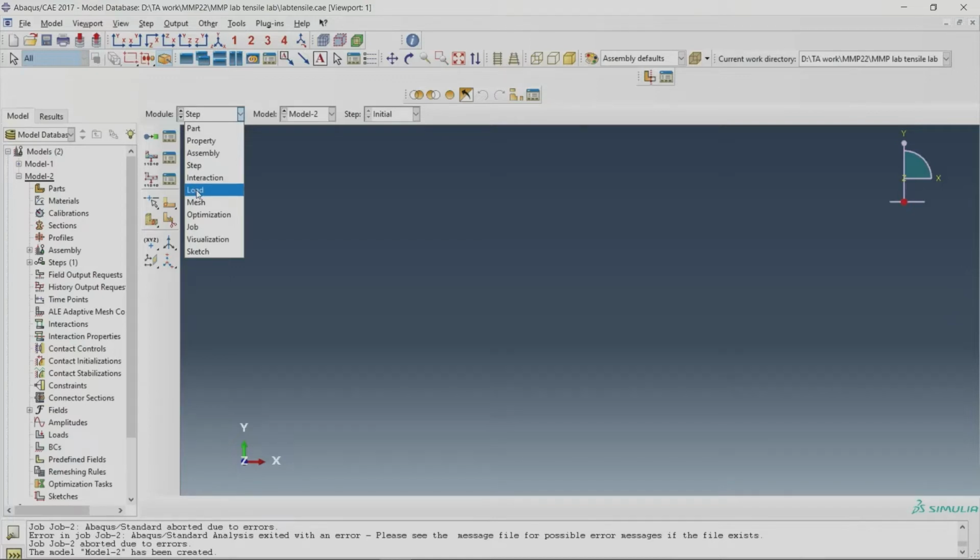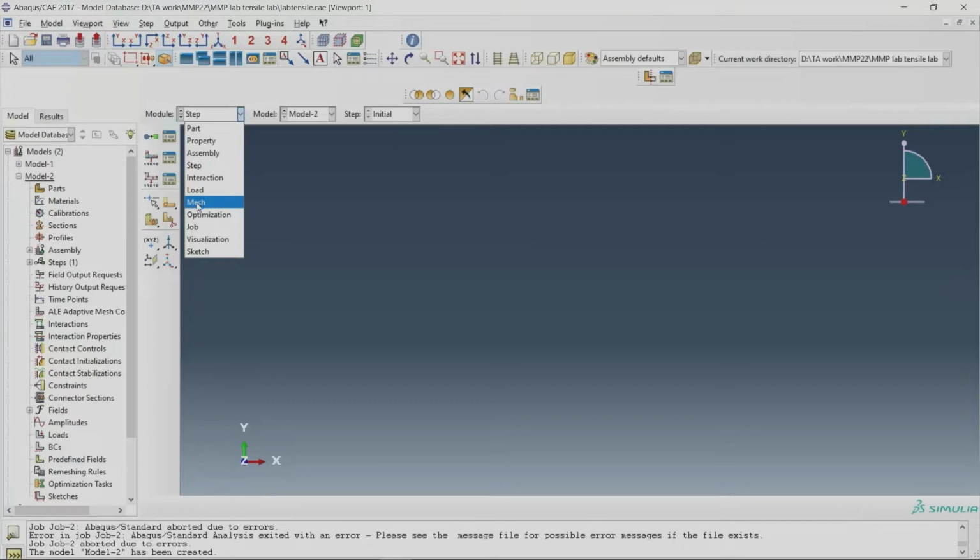Loading can be done by either weight, loading in newtons, or displacement. Tensile tests are normally displacement-based control, so you are going to apply displacement boundary control. That means you are going to uniformly displace one point, and load will be calculated according to the displacement.